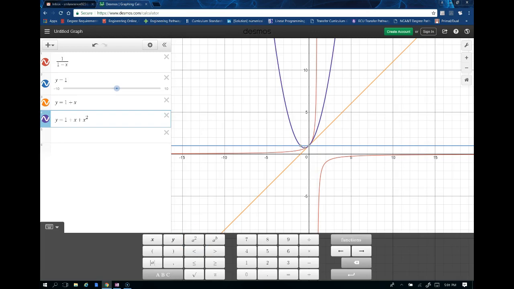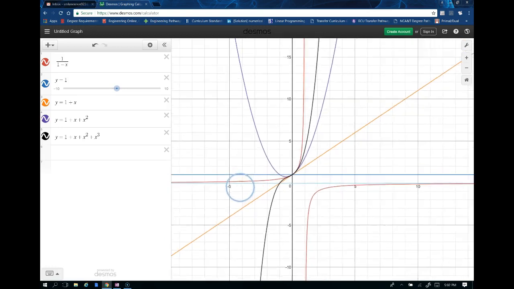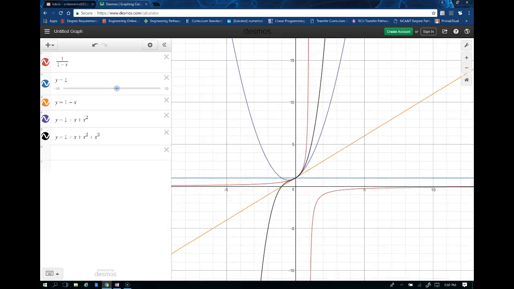P sub 3, we'll do one more. We just add on the next power of x, which would be x cubed. Now that one is in black. Now, if we were to zoom in and we were to continue